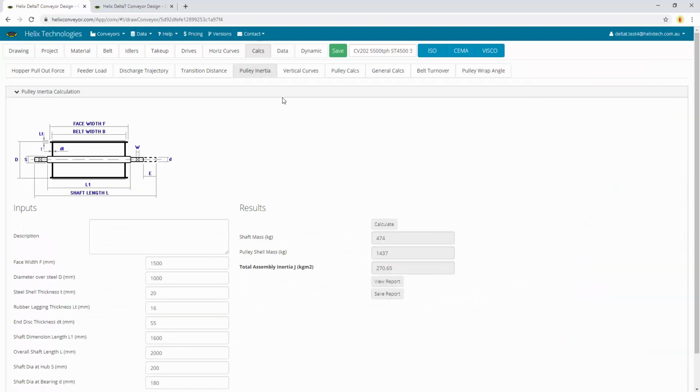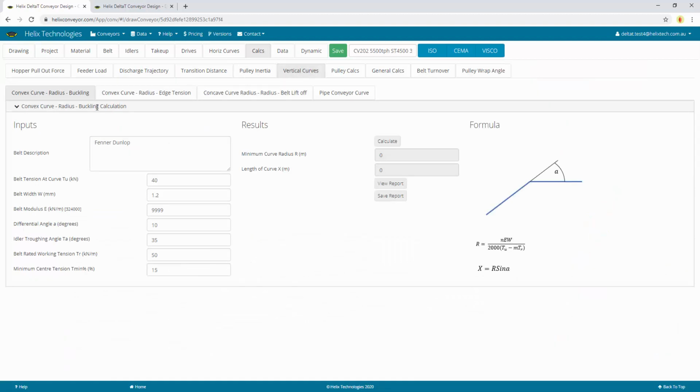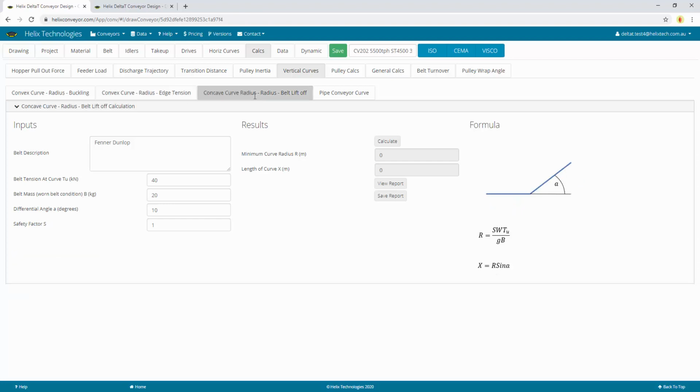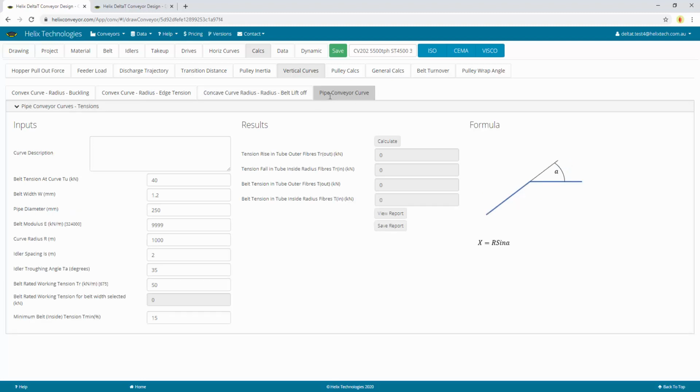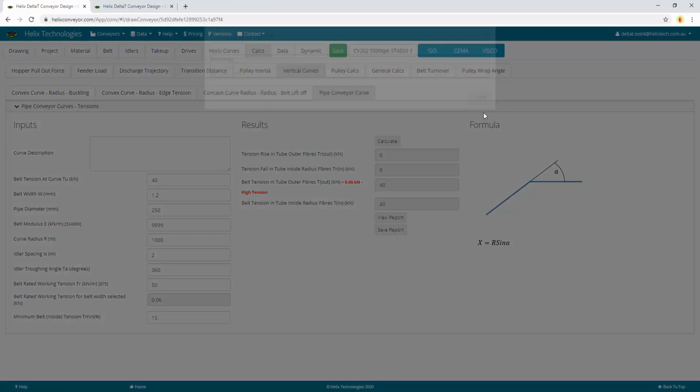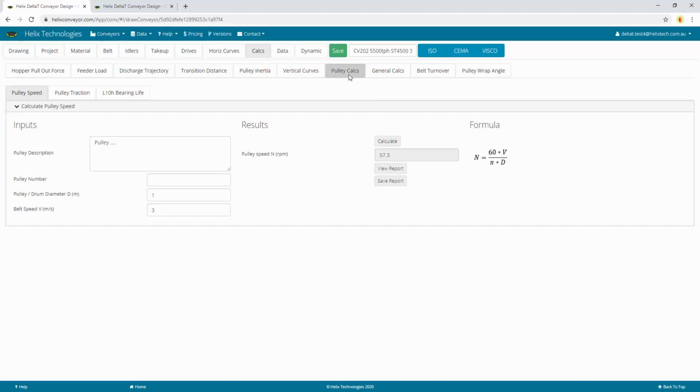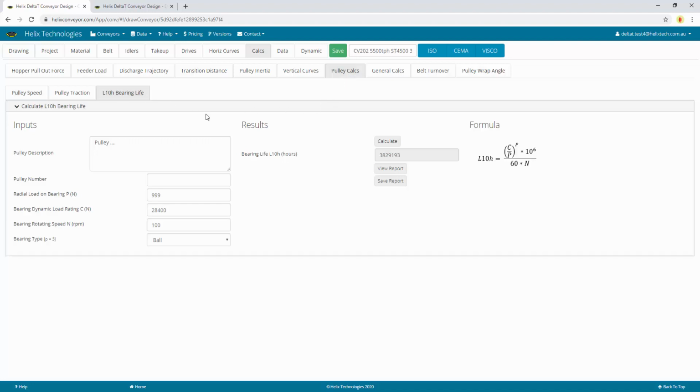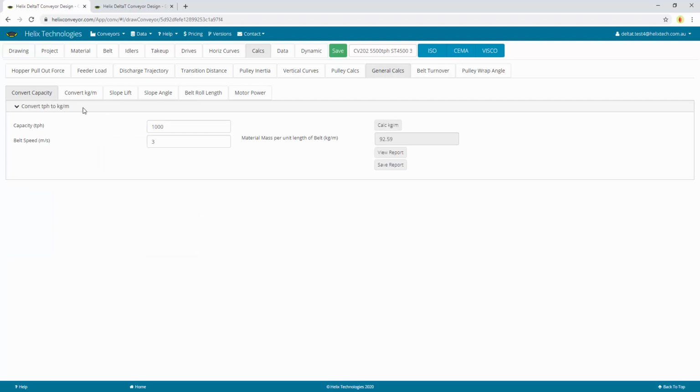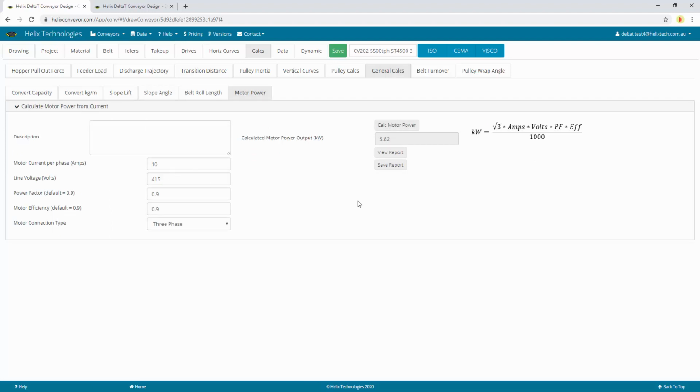And other calculations we have is vertical curve calculations, to determine your minimum curve radius for different conditions to satisfy buckling, edge tension, and your belt liftoff, and also pipe conveyor curves. Some pulley calculations here, L10H bearing life calculation. We've got some general calculations here, some conversions, and a motor power calculation, which is useful